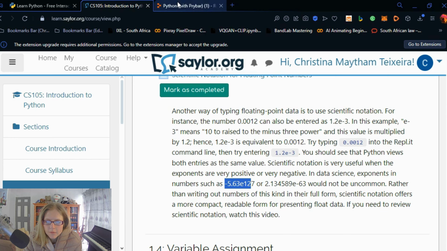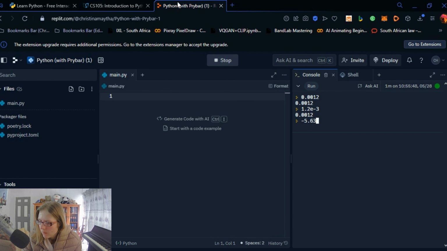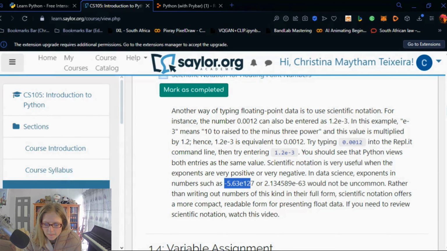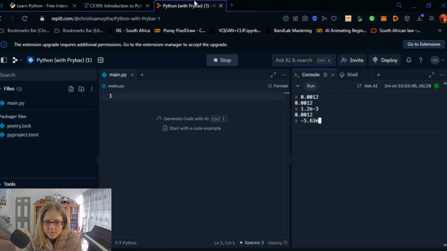So let's try negative 5.63, and then we have E to the power of 12. So let's see here. So we can see here that